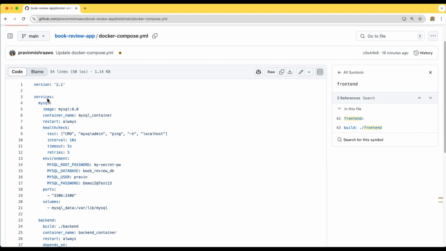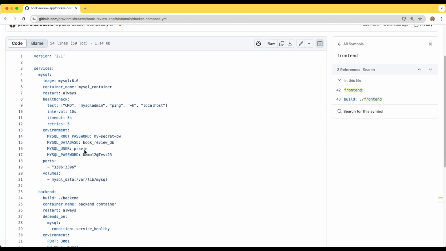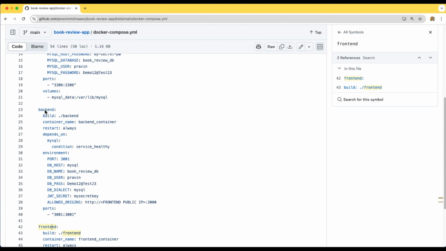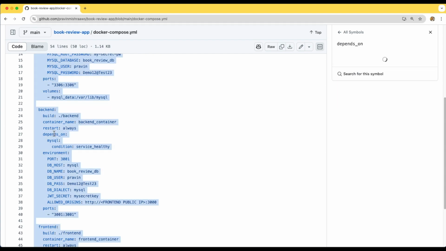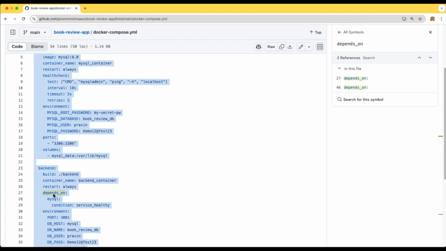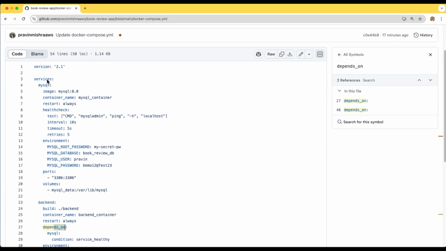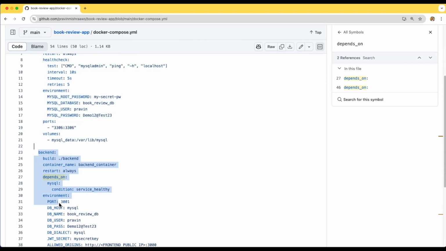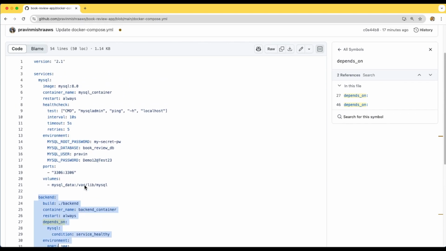Now let's look into the services. We have MySQL. I'm using this image, then the container name is MySQL container. And then I have added a health check. Why? Now you see here, the backend depends on MySQL. But when we say depends on, it only means it will check whether this container got created or not. If this container got created, then it will go and create the backend. But here the problem is we have to make sure